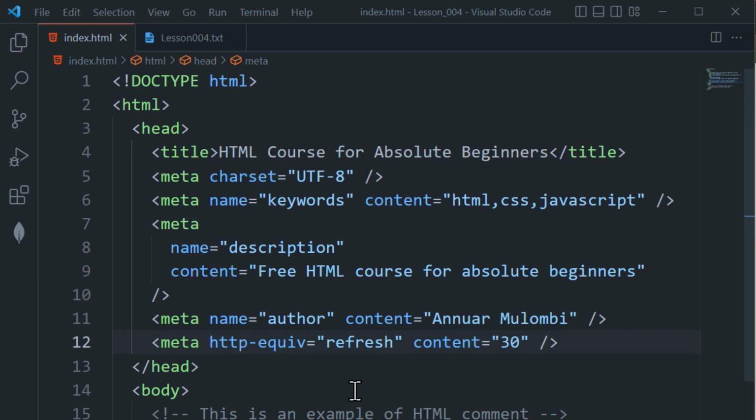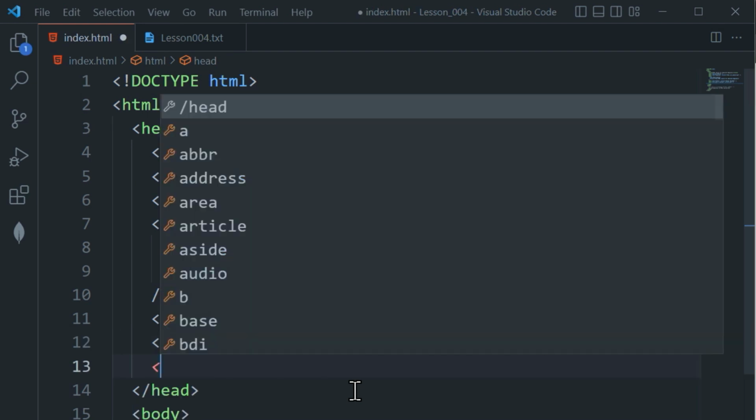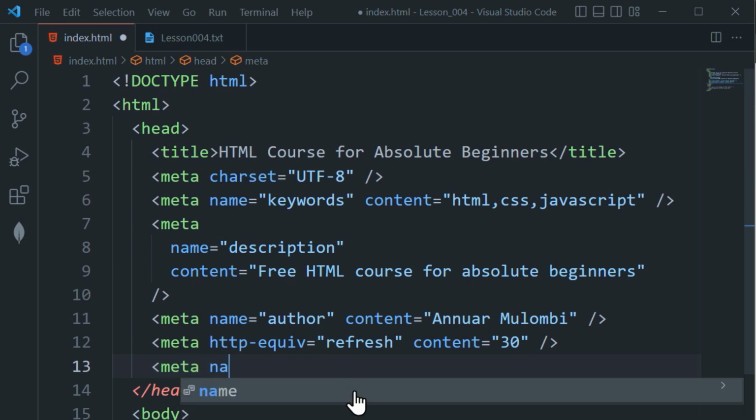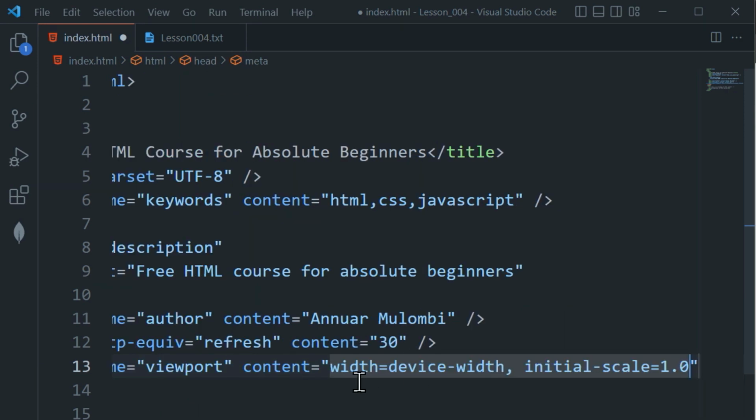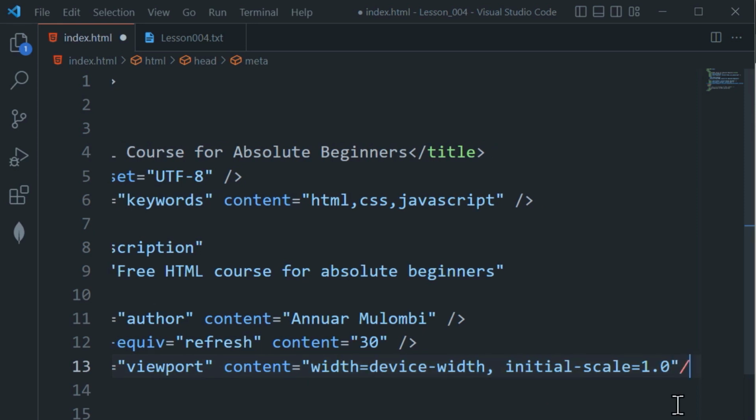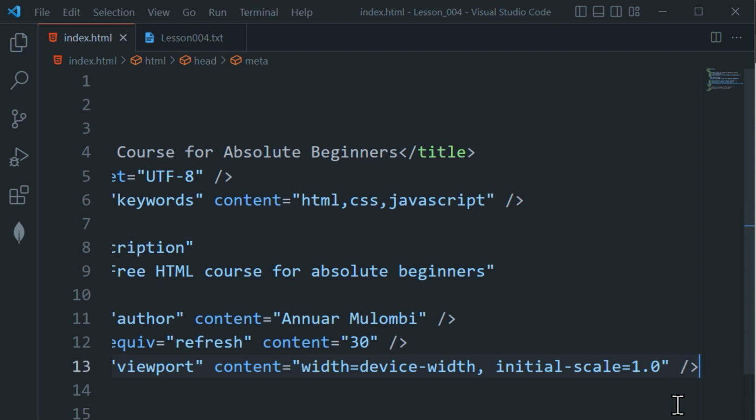If you want to set the viewport to make your website look good on all devices, what are you going to do? Use the meta, give it the attribute value name of viewport. Then enter the content, you enter width equal to device-width and initial-scale as 1.0, and make sure you do close